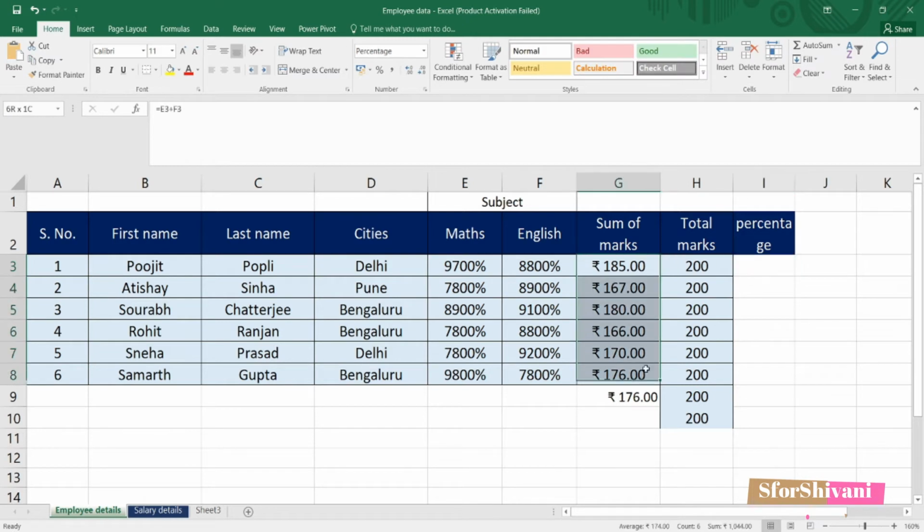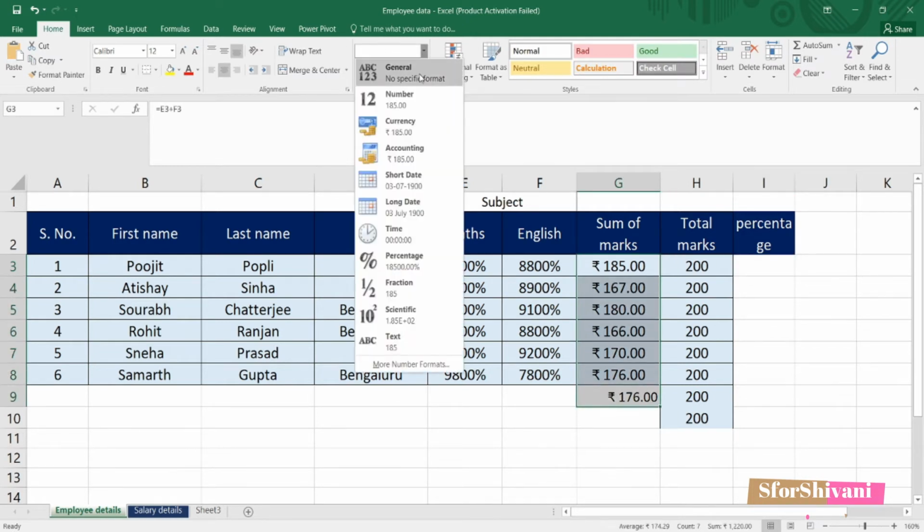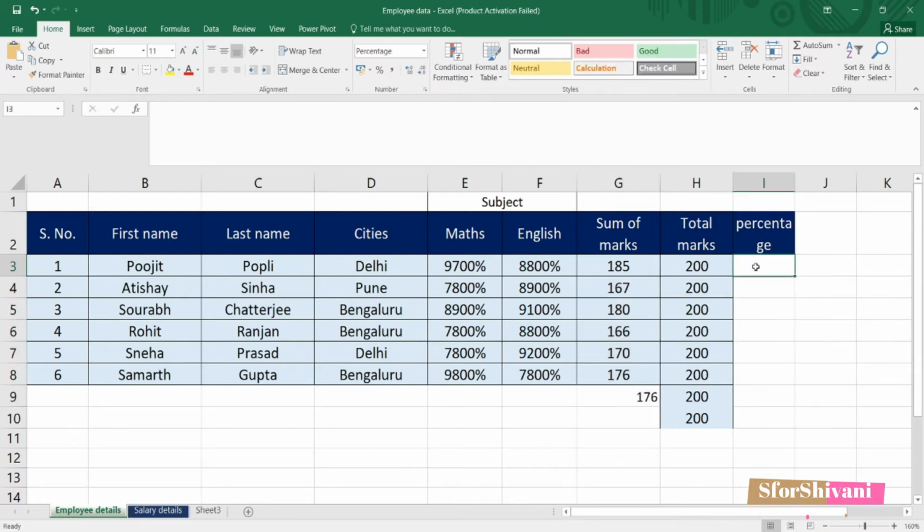So let me first convert this back to general format. Sum divided by the total marks. This is in percentage. And I want to copy this exact formula, G3 by H3. I have to press Control and the quote key, and it will be copied.